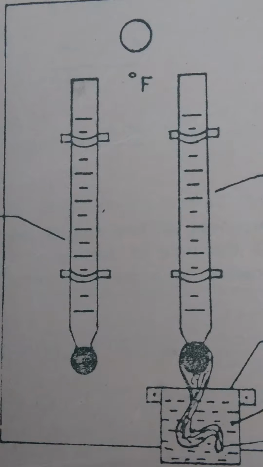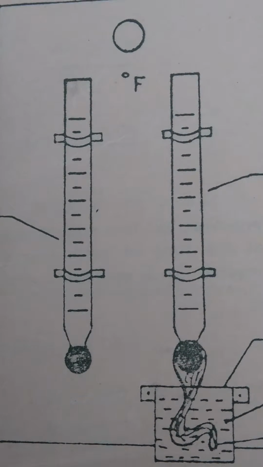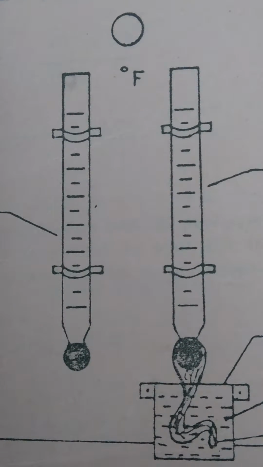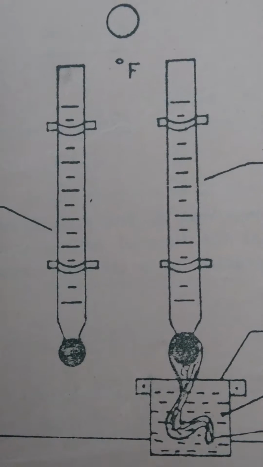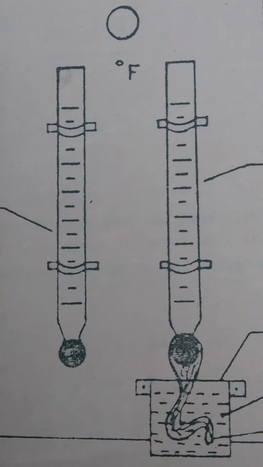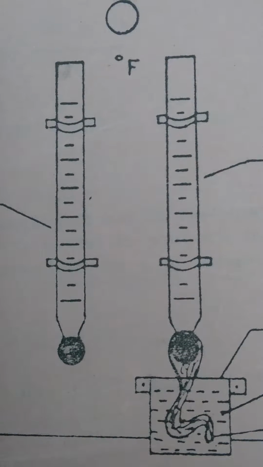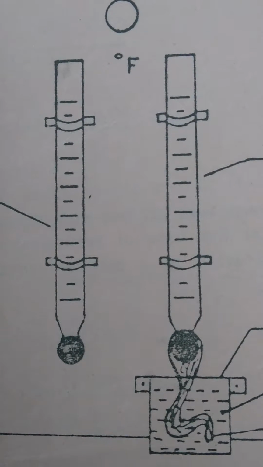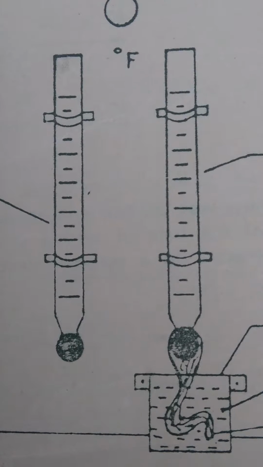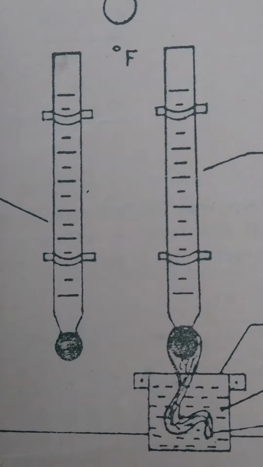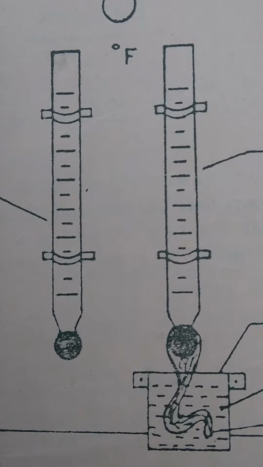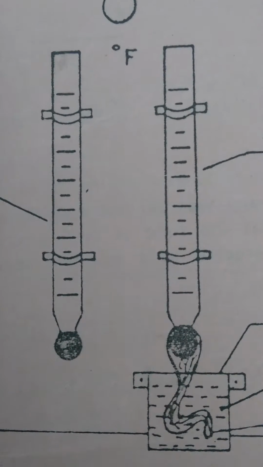Today we will discuss the instruments used to measure atmospheric conditions. Friends, the instruments used in the determination of humidity are known as hygrometers or psychrometers. The following are the methods used to measure the relative humidity: